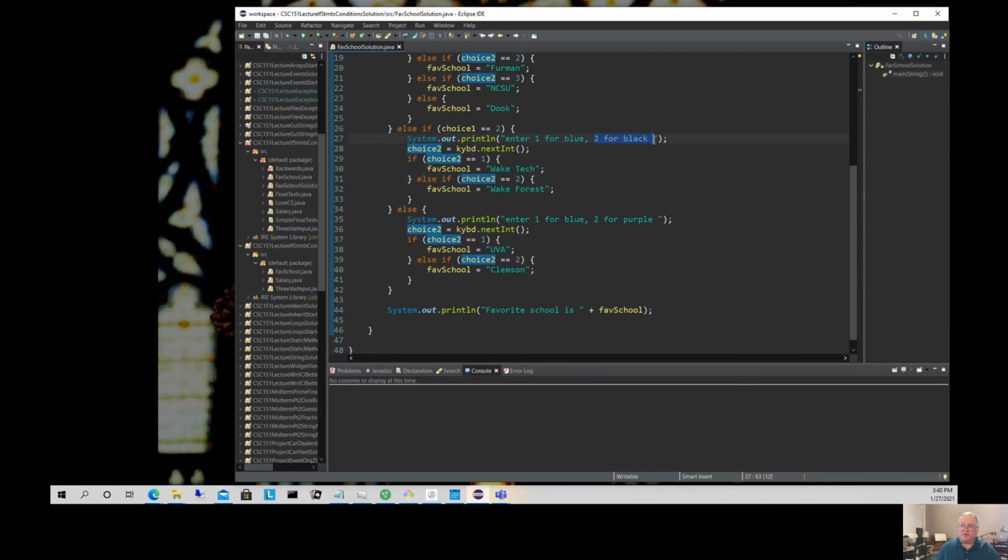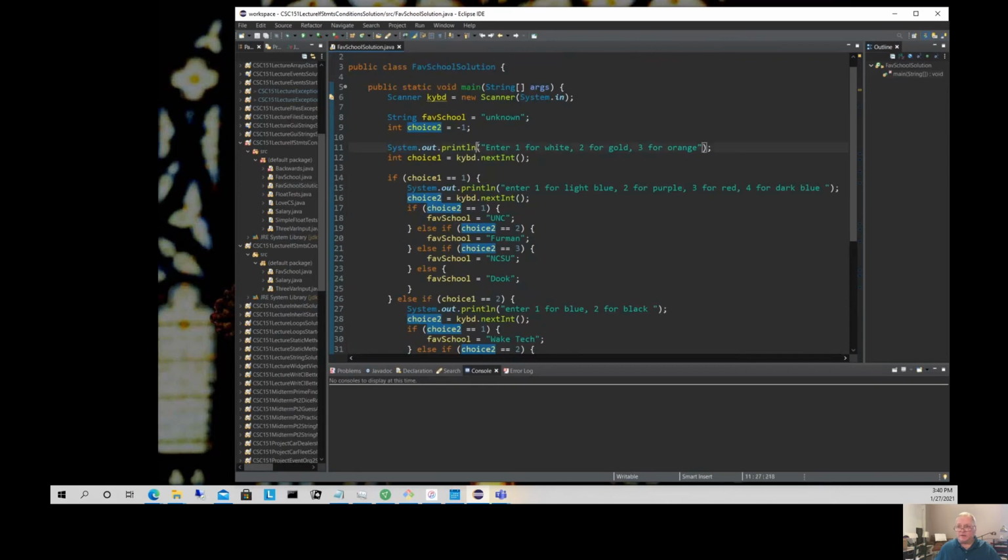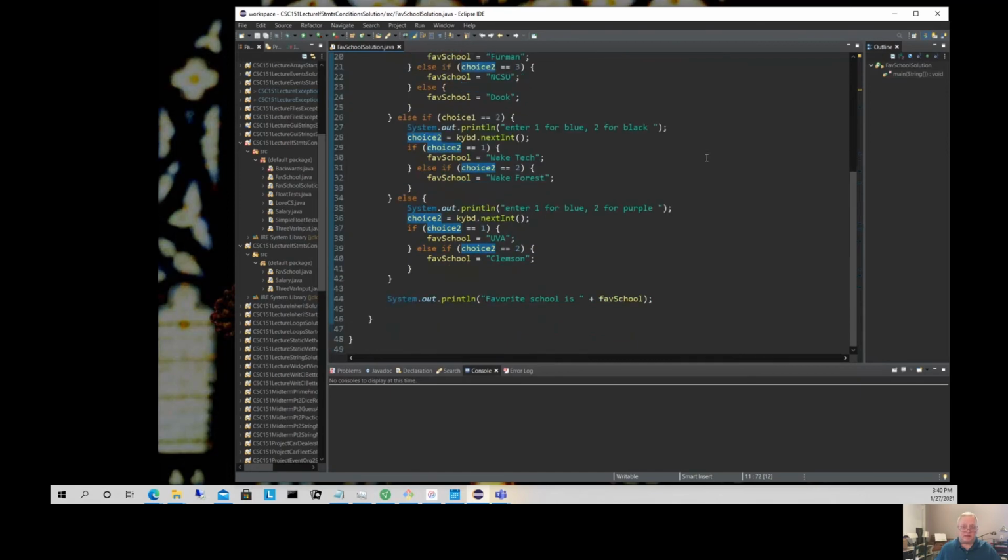But if the user chooses 2, the second color is black, gold and black, or black and gold is Wake Forest. And again, I'm assuming that if the user's first color was not 1 for white or 2 for gold, he must have put in 3 for orange. Maybe he put in 5, but I'm not checking for that in this particular program. You could make a case that I should, and if it wasn't 3 here, I should print out a nasty message saying I have no idea what you're doing. But going with how I have structured it,